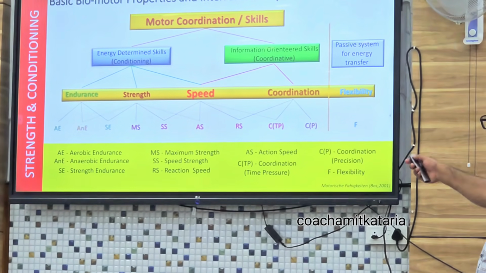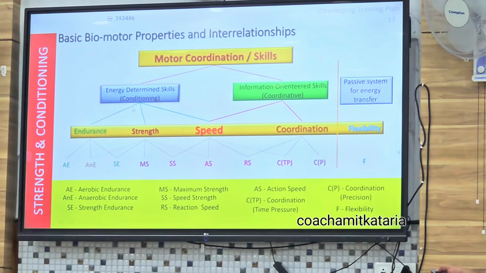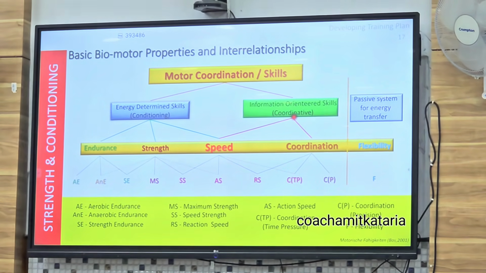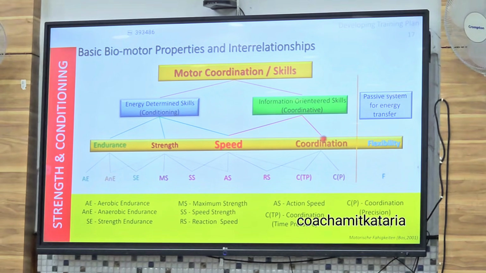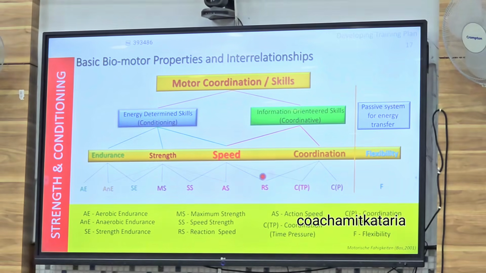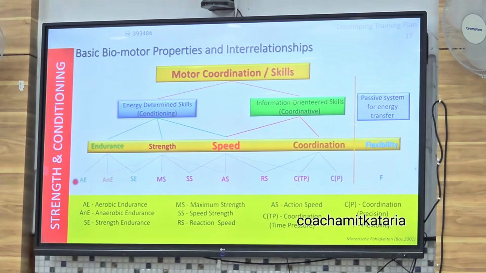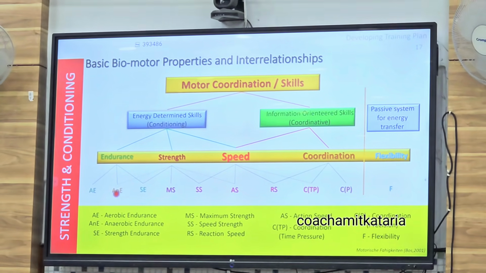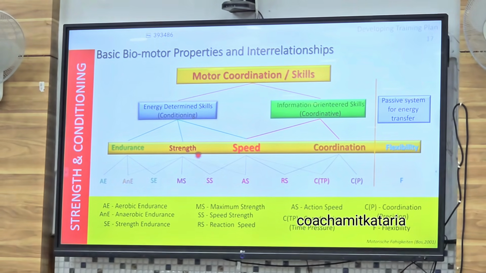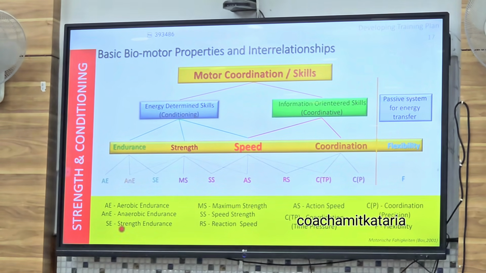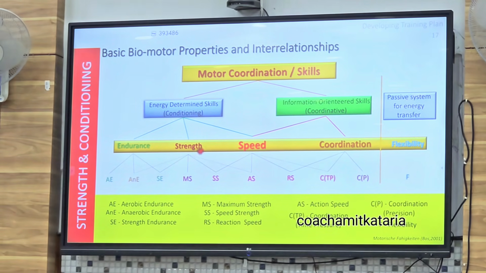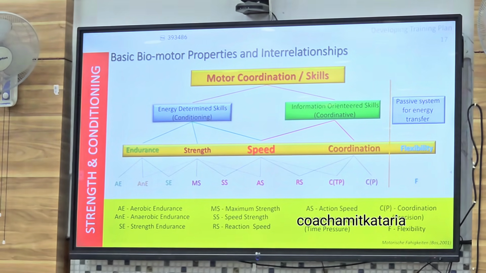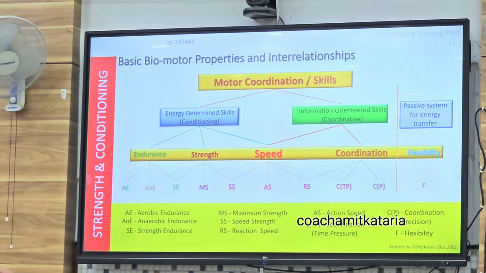So coordination, energy dynamics, orientation: coordination and endurance, strength, speed, coordination, and flexibility, passive system coordination also. So endurance, aerobic then anaerobic endurance, that is a combination of endurance and strength and of course speed also. Then strength endurance, a combination of strength and endurance. Maximum strength is the ability to produce the highest level of one repetition maximum. Speed strength, a combination